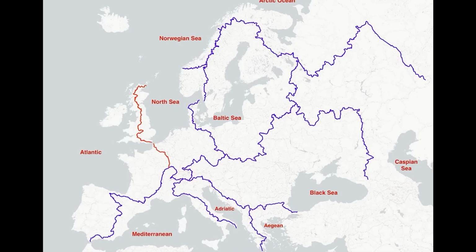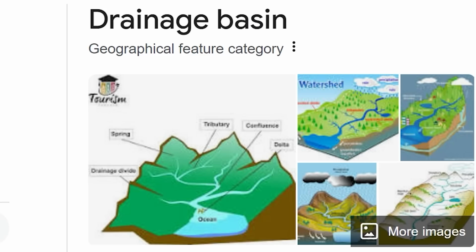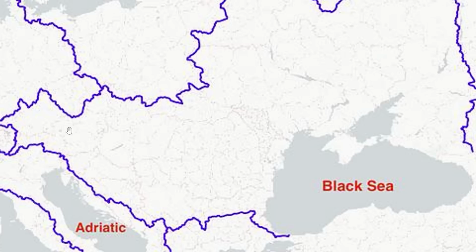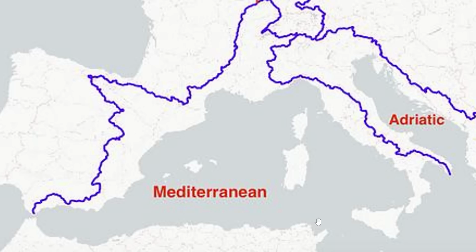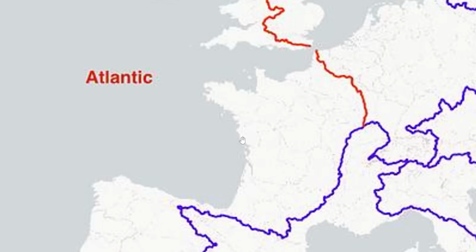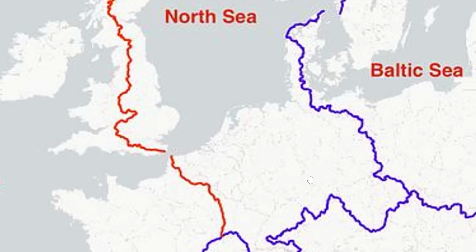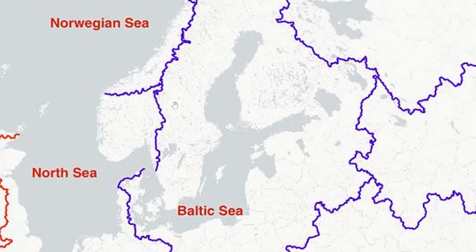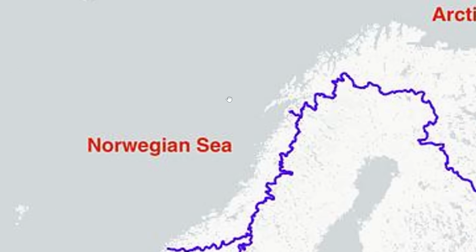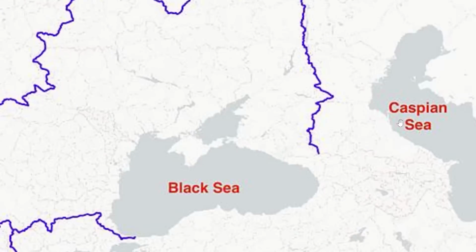In which sea-based nation would you want to live if Europe was divided by its major watersheds? So a watershed is a drainage basin, an area of land where all flowing surface water converges to a single point. So all this stuff is draining out eventually to the Black Sea. Meanwhile, this part of Europe drains to the Mediterranean. Over here, just the Atlantic Ocean. Then we have the North Sea, which is a lot of Germany and the lowlands. Baltic Sea is getting a real nice, they're just pulling from so many different sources. Poor Norwegian Sea, they can't be getting that much. And then of course, there's also the Caspian Sea way out over here.